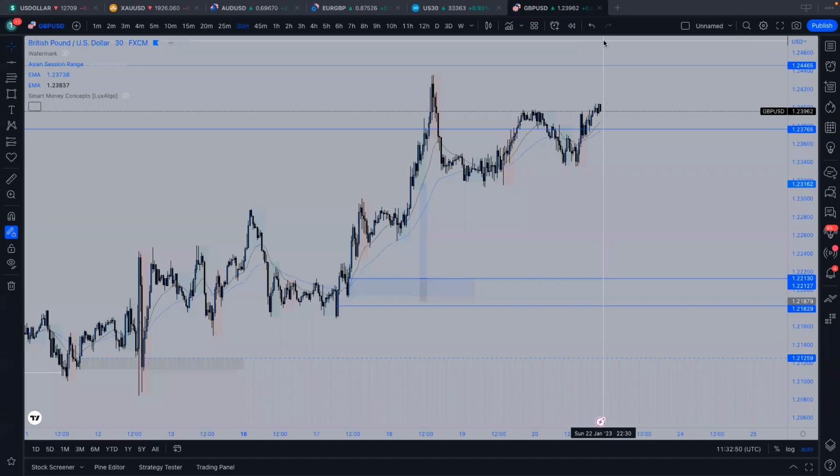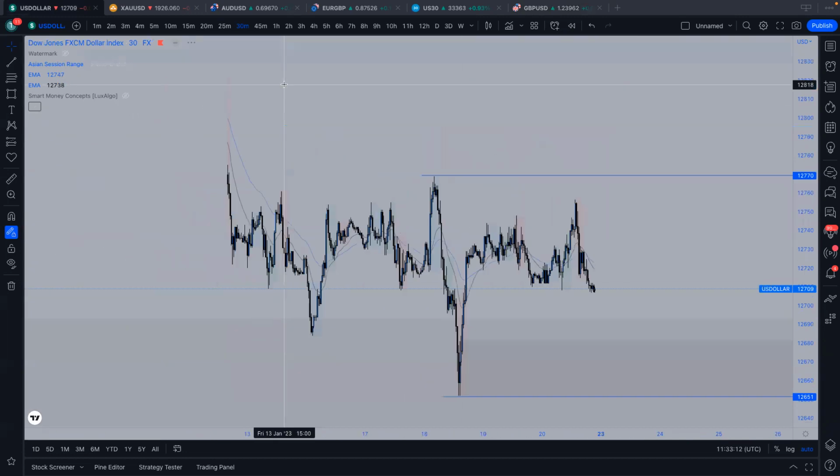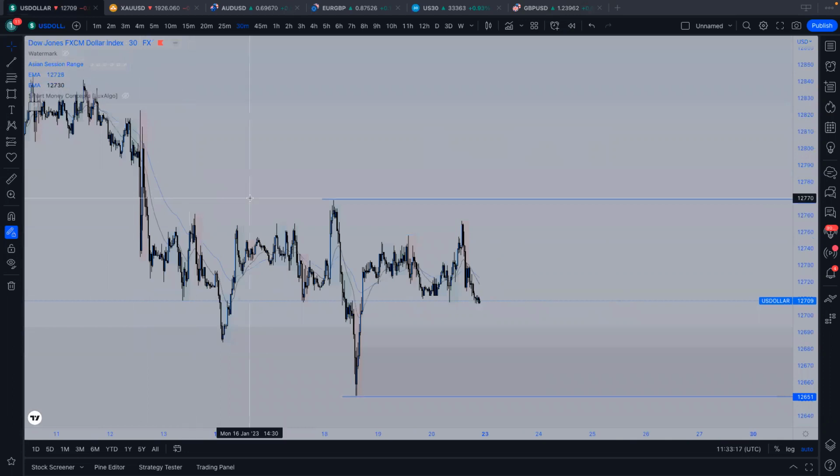Okay, cool. So, first of all, let's just check out the dollar, because when I'm doing analysis I always like to see what the dollar's doing. In the grand scheme of things, the dollar didn't actually do much. What day was it on Monday? Hang on. So, from the 16th, yeah, so you can see from